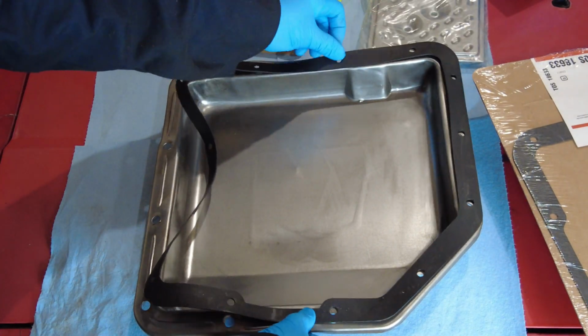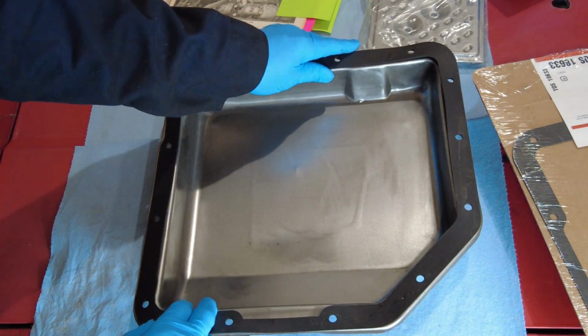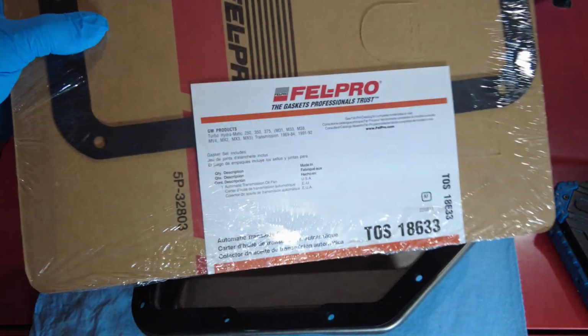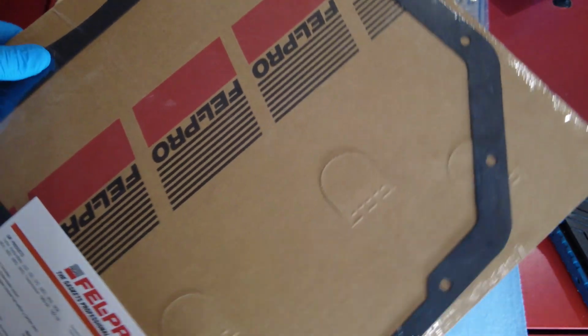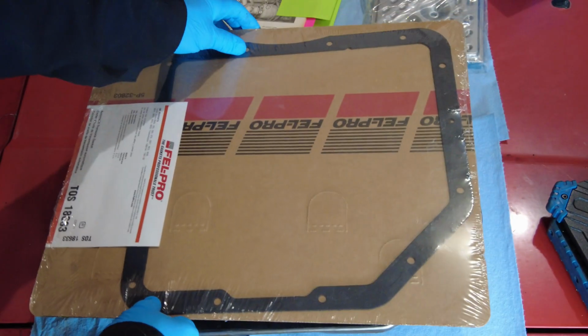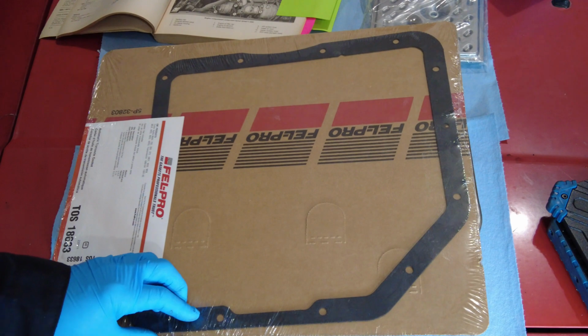I'm also struggling with, I have this one here, which is a good fit as far as the holes, and then I also have the Fel-Pro one as well, and it's the same shape. So I'm probably going to use this Fel-Pro one. I like it better, and the hole patterns match up as well. So this is going to be the one that I'm going to use. And